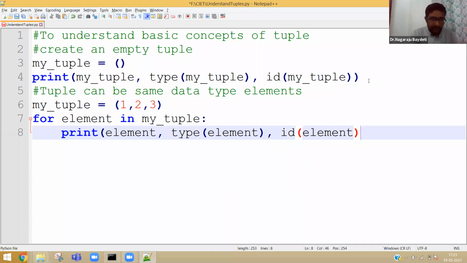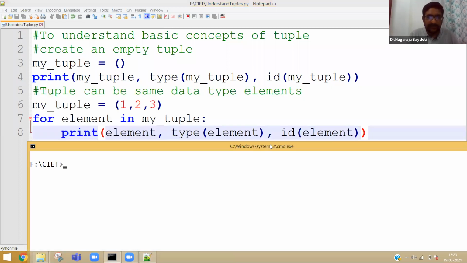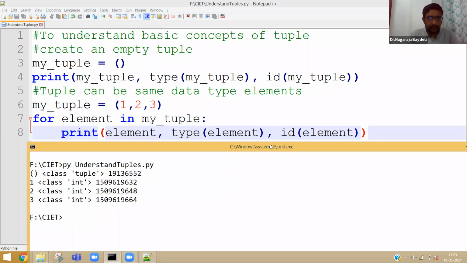I may not explain so much detail about this statement because it is almost the same. The only difference is that instead of square brackets, there are parentheses. So you can see here it is a tuple object.